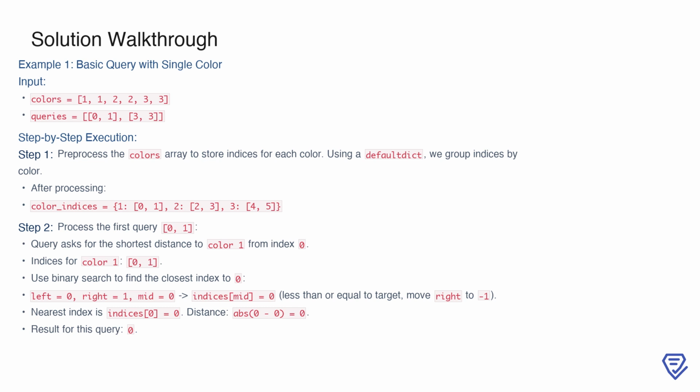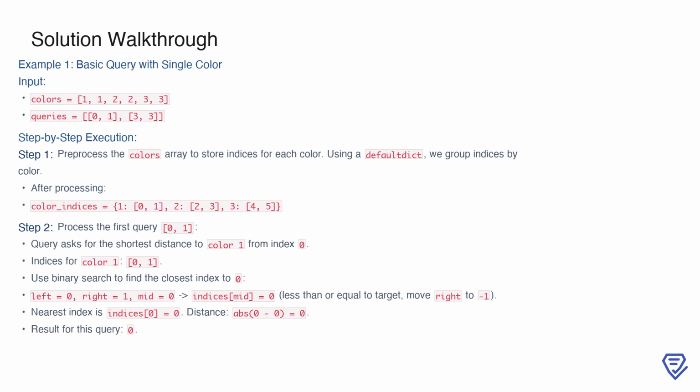For the input colors equals [1, 1, 2, 2, 3, 3], this results in color_indices equals {1: [0, 1], 2: [2, 3], 3: [4, 5]}. Now, moving to the first query, [0, 1], this asks for the shortest distance to color 1 from index 0. Looking at the indices for color 1, which are [0, 1], we use binary search to find the closest index